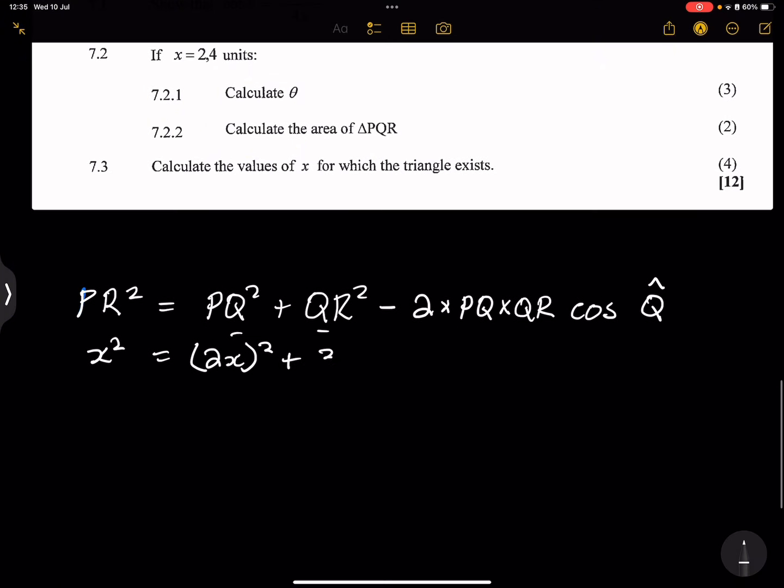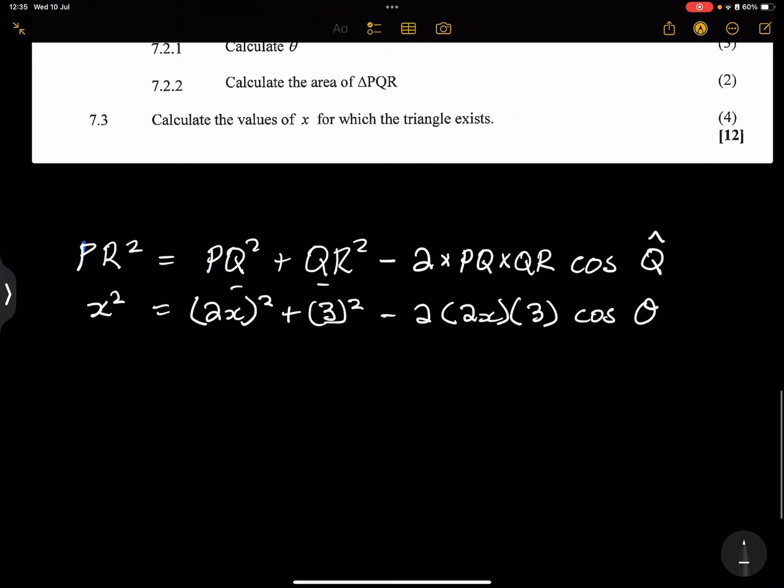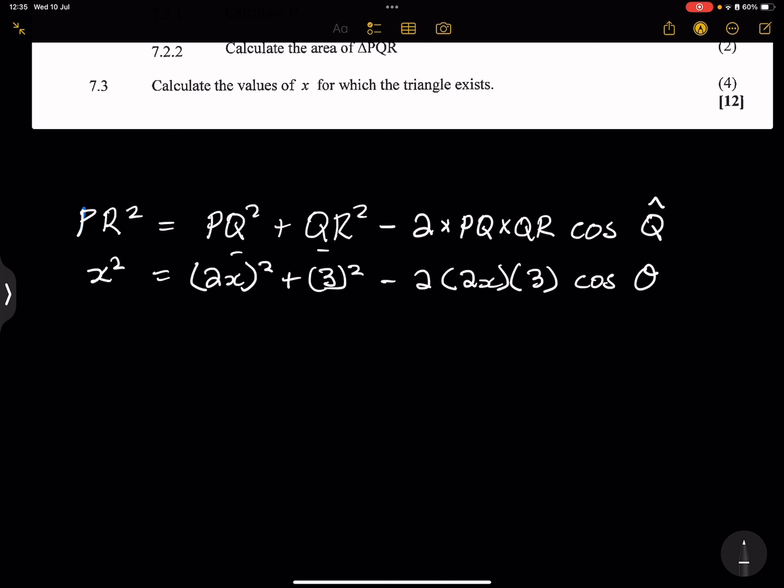So that would be 3 squared minus 2 times 2x times 3, the cos of, now remember, angle Q is equal to theta in this case. Right, so now let's try and do our mathematical gymnastics. So we've got x squared is equal to, this is 4x squared